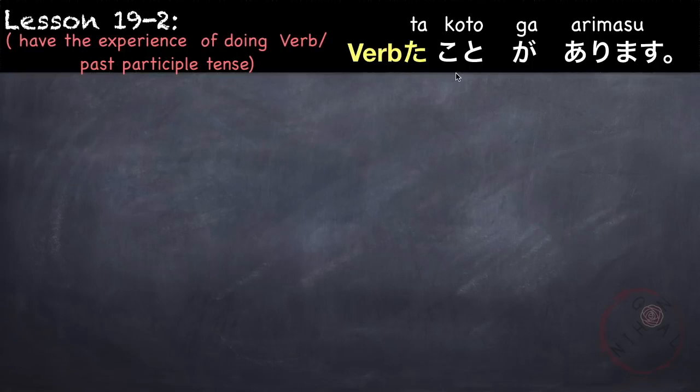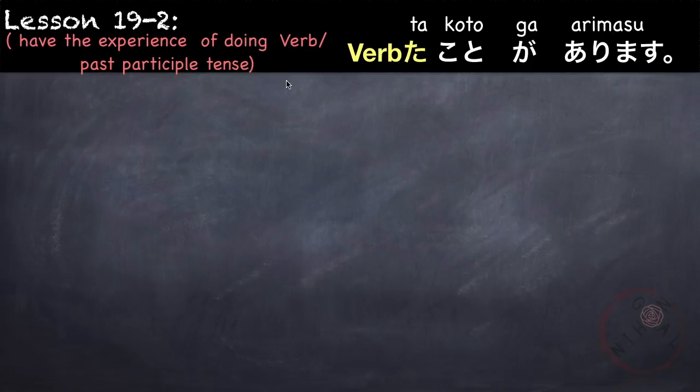In lesson 18, we've learned about suru koto ga dekimasu. Essentially, adding koto after the verb makes the verb into a noun. So here, verb ta koto ga arimasu. So if you remember, nani nani ga arimasu means to have something. So here, this literally means have the experience of